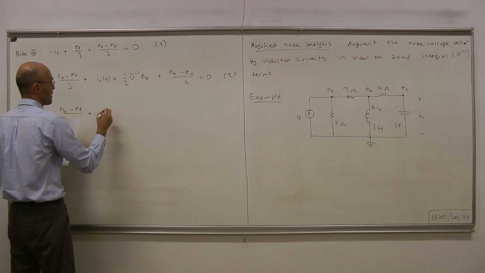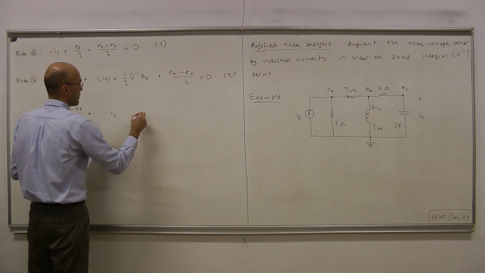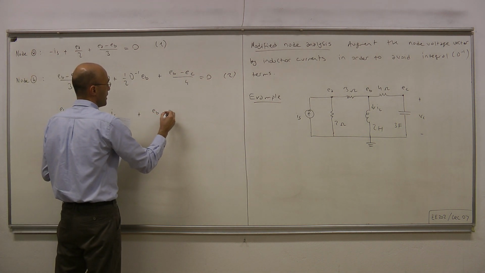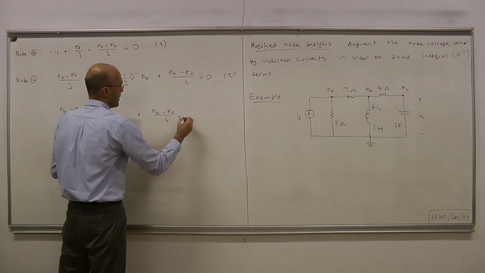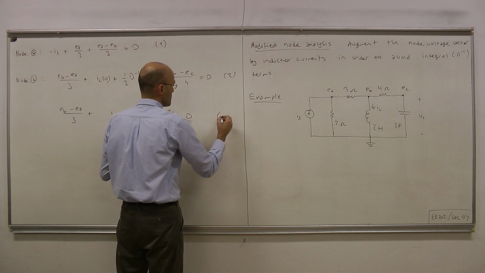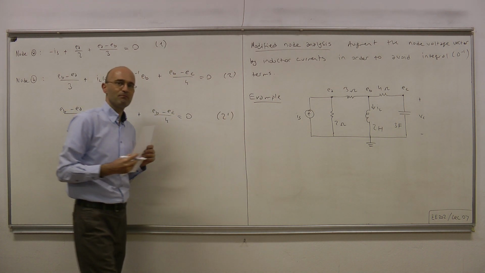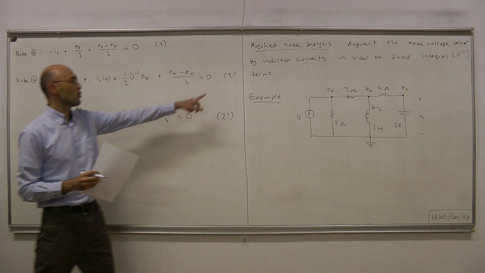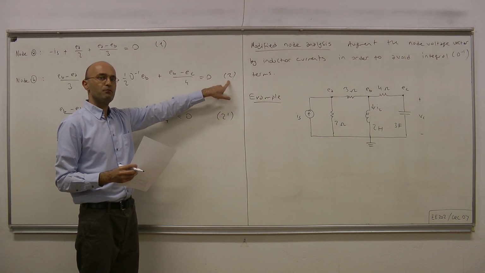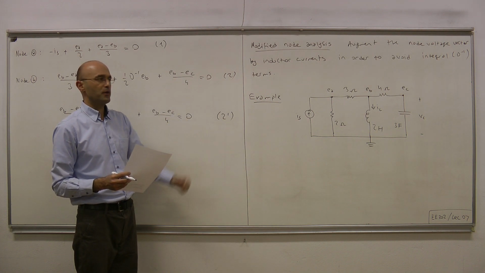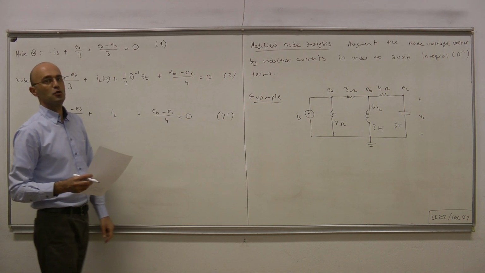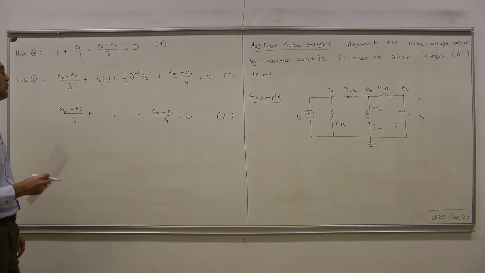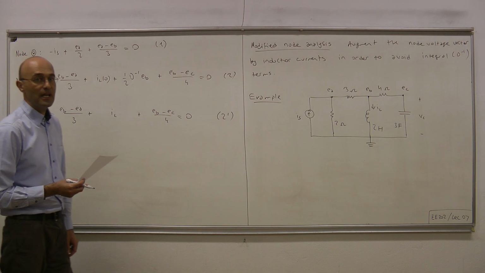3 plus IL plus EB minus EC over 4 equals 0. Let's call this equation 2 prime. Okay, so this is the equation that we will use for the standard node analysis, and this is the equation that we should use for the modified node analysis. Okay, let's move on to the last node,